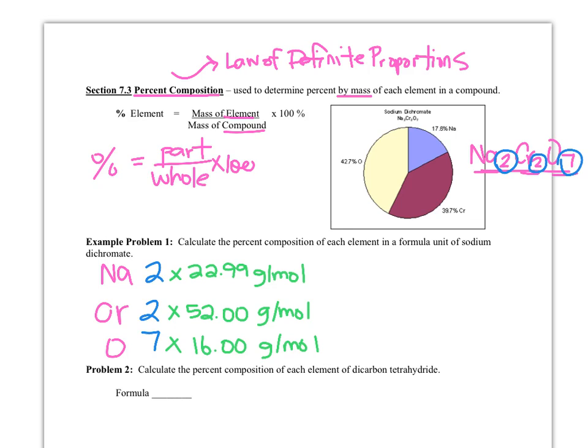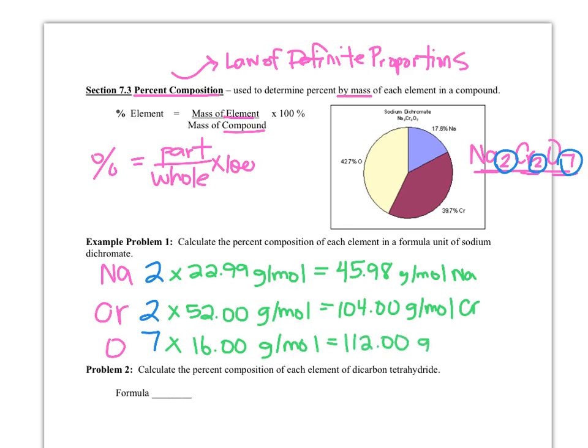So we're going to calculate that out. We're going to take 2 times 22.99. It would help if I put that in my calculator correctly. And that's going to give me 45.98 total grams per mole for sodium. Everybody okay? Then we're going to take 2 times 52, which is going to give me 104.00 grams per mole mass-wise for the chromium in the compound. And then 7 times 16, you can probably do that in your head, but I can't, 112 grams per mole,